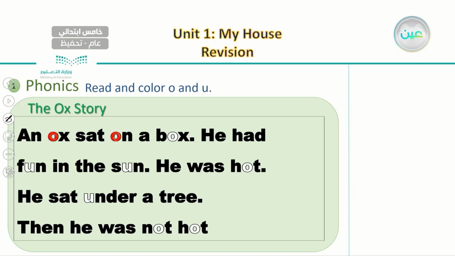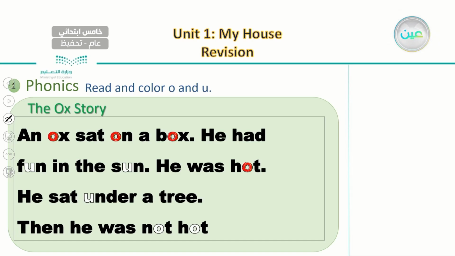First we traced and colored the O in the word ox, and then the O in the word on when we say on a box, and then the O in the word box. Also we colored the O in the word hot, like this. So here you go. This is how we color these letters, so we can never forget the differences